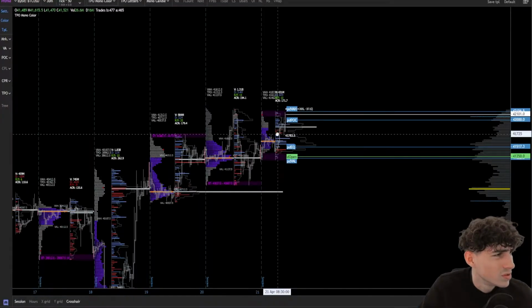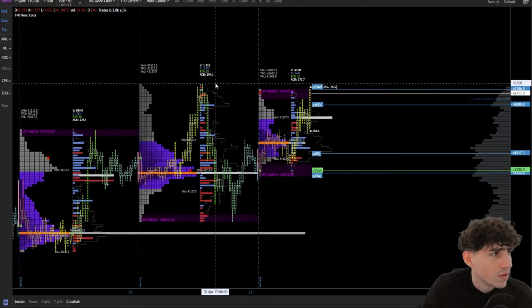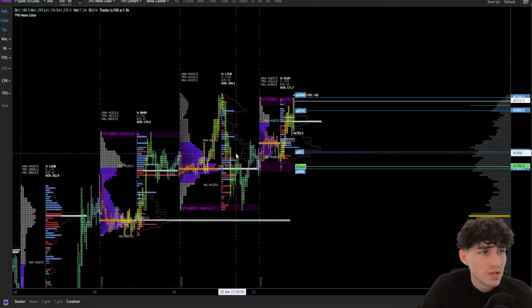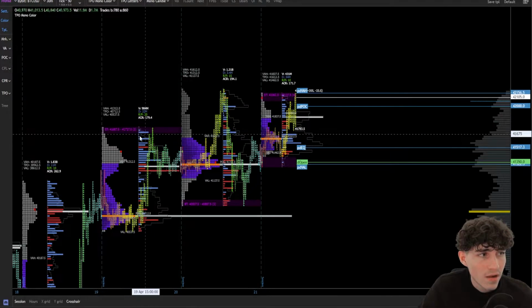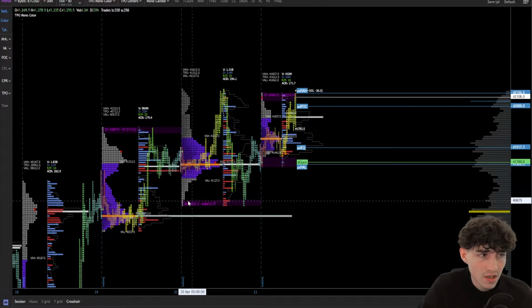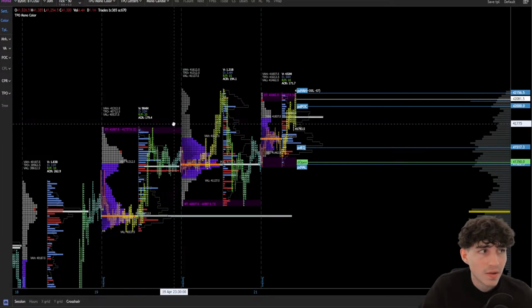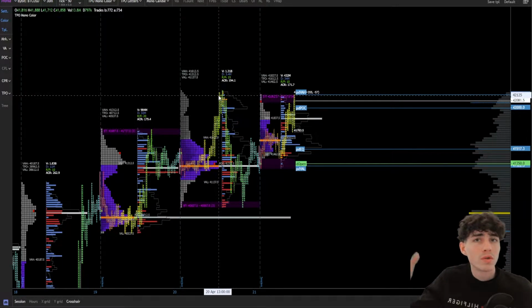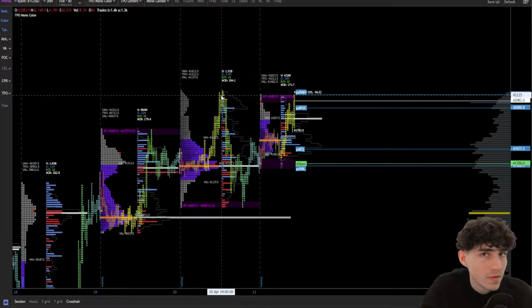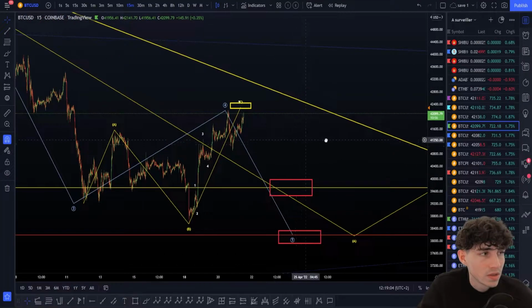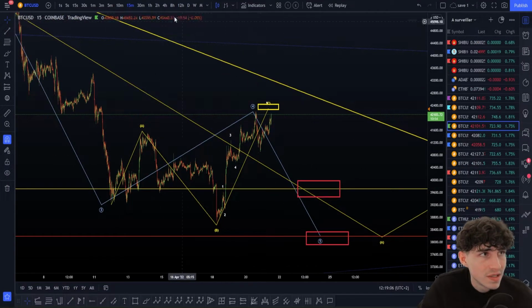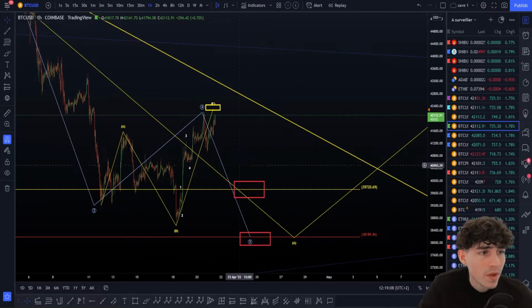So I'm going to go on the web version here, and we're going to take the high here. Why can we take the high? Simply because you can see here we do not have it. On the lows we can get a buying tail, the BT here, and on the highs we can get a selling tail. When we do a high in an important target, that was the 1.618 here of the C wave, for people that are watching this update, we have the A, B, and C. I'm going to go on a bigger time frame here.